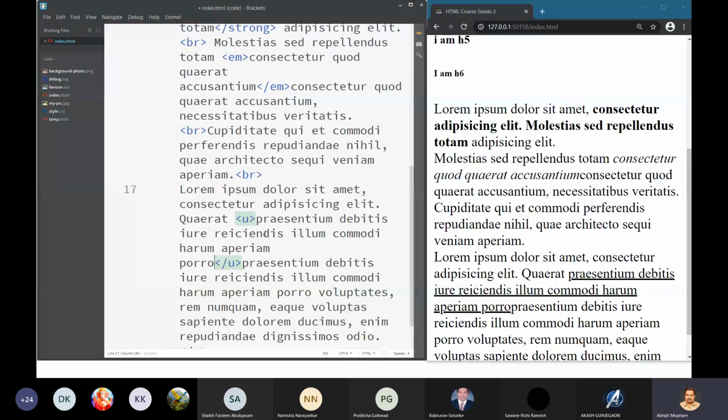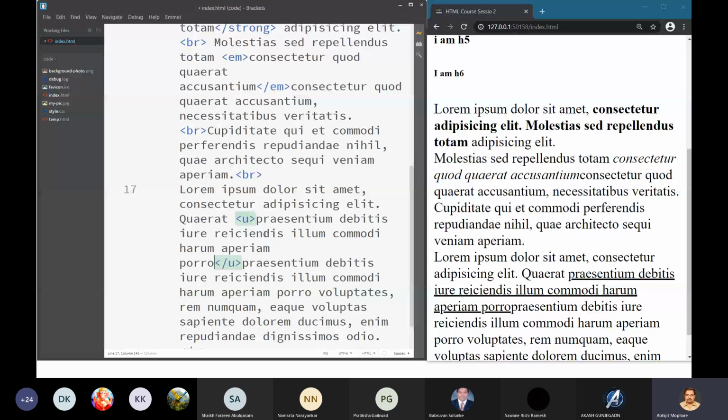So these are the four tags that are normally used with the paragraph. Which are they? Strong for bold, EM for italics, U for underline, and BR for breaking the paragraph and starting the text on the next line. If you press enter, nothing will happen. You have to use the BR tag. The BR tag is a unit tag that doesn't have any closing tag, but the rest of the tags have the closing tag. Fine.